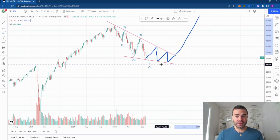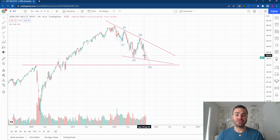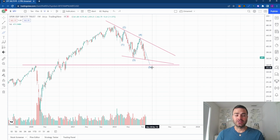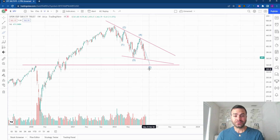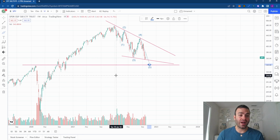The second possibility is I drew the Elliott wave. I just drew 5 wave. Now I'm not an expert on Elliott wave. I just noticed that we do have a 1, 2, 3, 4, 5 fifth wave. We're on the 5th wave of this correction. Most corrections come down in 3 wave, but this one is looking like a 5 wave. And where can we possibly go at the end of the 5th wave? Well, 340. So if we end up coming down to 340, personally, I think this is a great buying area